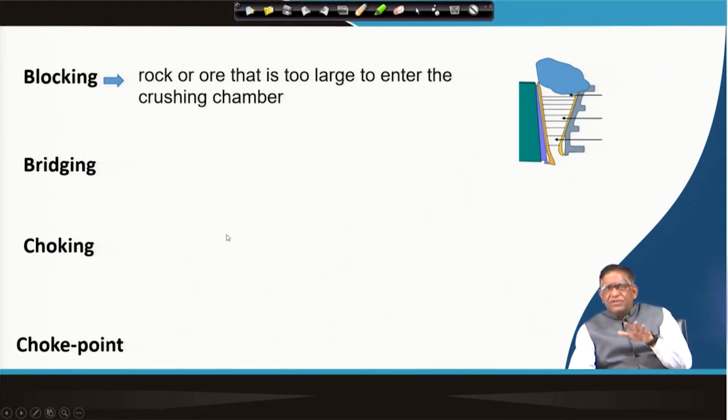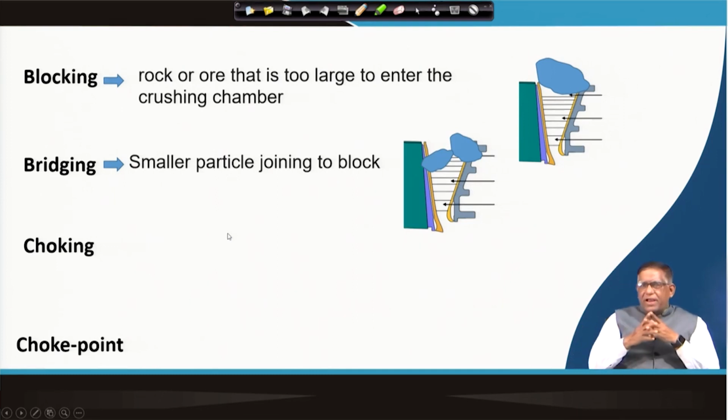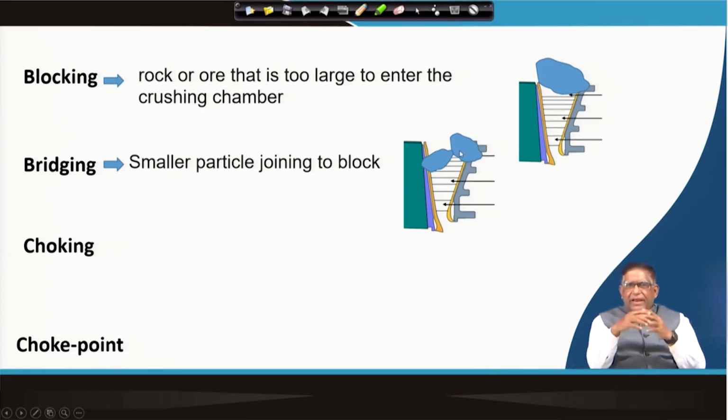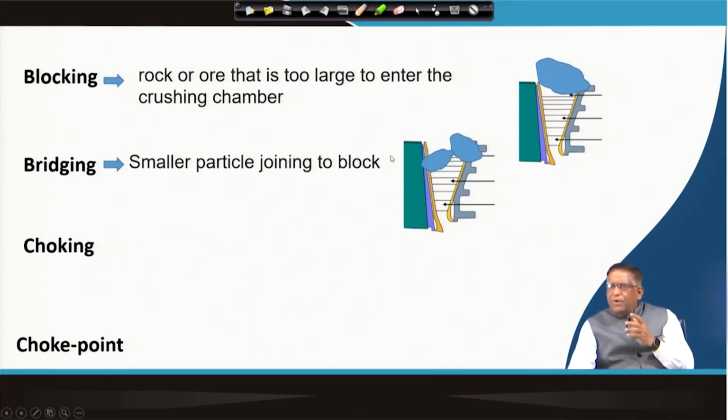But sometimes this blocking may come with bridging. Smaller particles can also block the flow of material to the crusher. How? Sometimes the particles come in a zigzag manner and form a bridge. If this type of problem occurs, you can easily solve it by adding a vibrator or putting something in. Depending on how the problem comes, you will have to observe, and then in the field